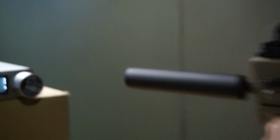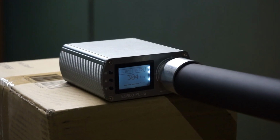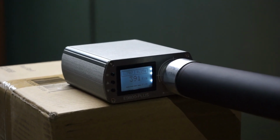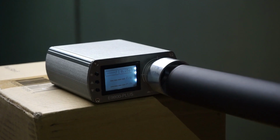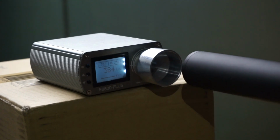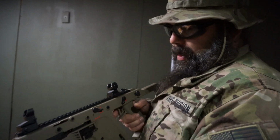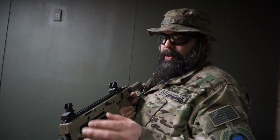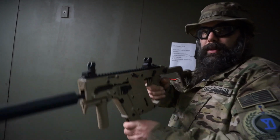Okay, we're going to see what we get now. 391, 387, 385, 384. So with the power-up silencer, the Power Recoil Kit brought it down with the silencer on, but it brought up the FPS when the silencer's not on it. I can tell you there is a huge difference in the way that this thing